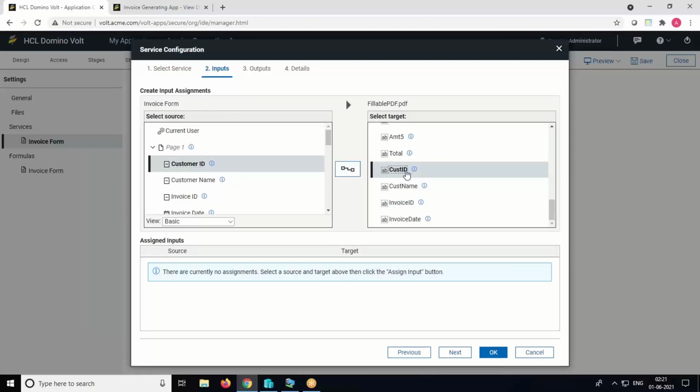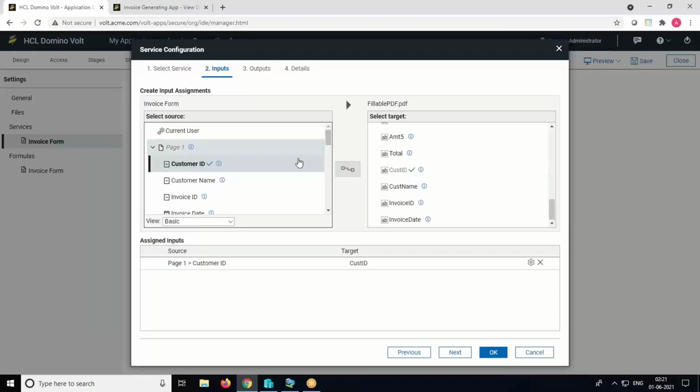So select customer ID, and map the corresponding field in the PDF file.